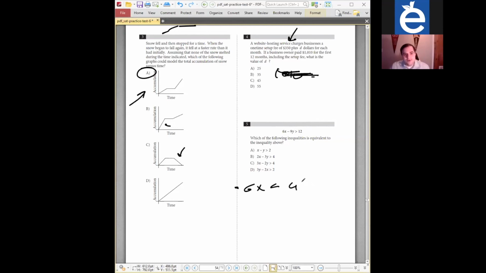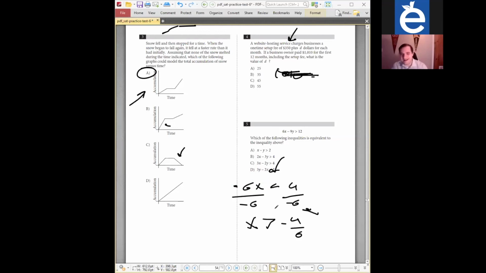Well, if we're trying to solve for x, when we divide both sides by a negative number, the sign flips. So that would be x is, now the sign flips, greater than negative 4/6. So just remember, if you are dividing an inequality by a negative number, the direction of the sign